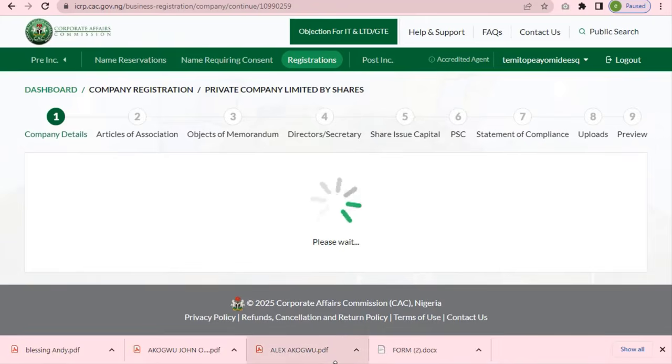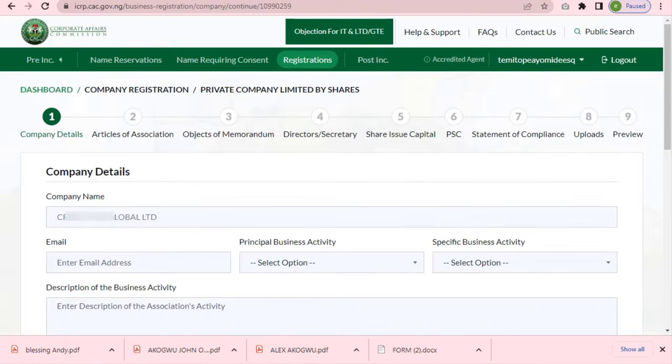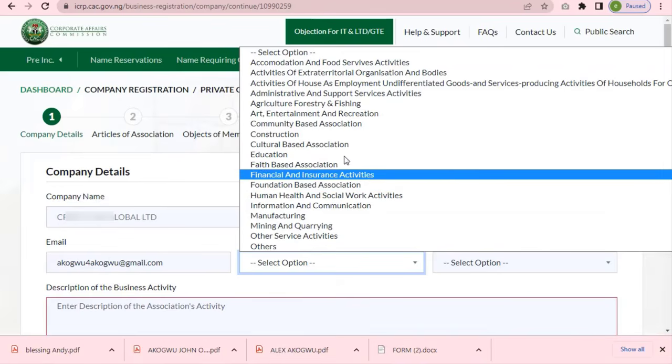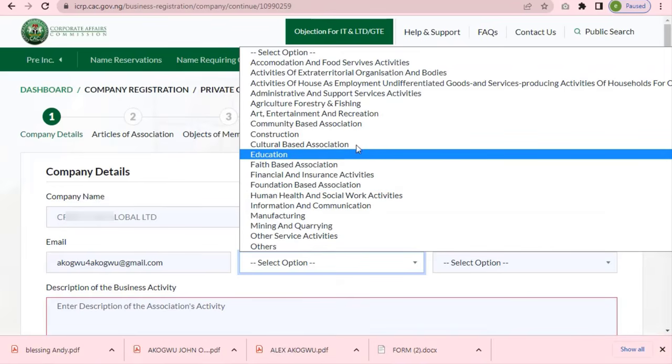So what we want to do here is fill in the company details. I believe everything here is very self-explanatory. You can see here that the company name is already pre-generated for us. Okay, so all you need to do here is fill in all of this information, but let me quickly touch on the principal business activity, which you have to fill in yourself, by clicking the drop-down arrow and choosing the one that best describes your company, and then you want to do the same for the